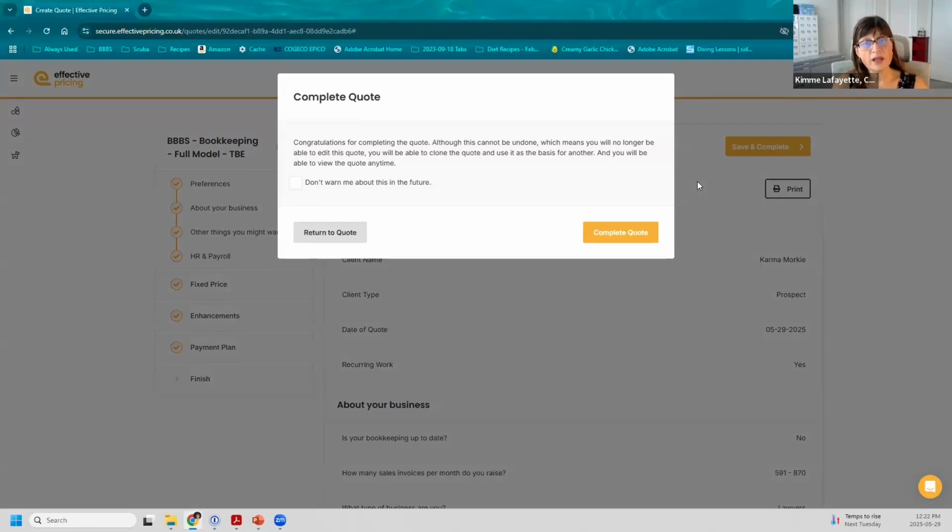So once you hit complete quote here, let's say the customer comes back to you and says, you know what, I was looking at those enhancements. I decided I do want another enhancement. You can't go back to this actual quote and change it. You can, however, clone it and then make a change in the cloned version